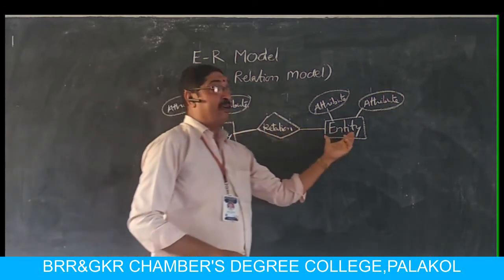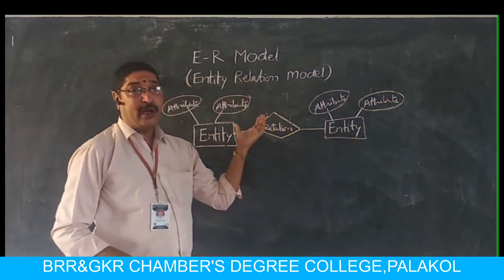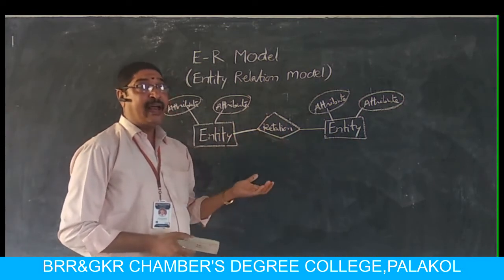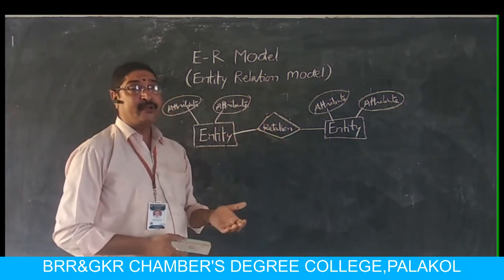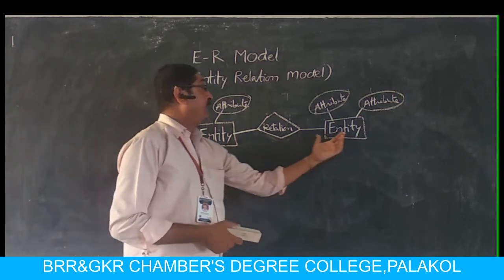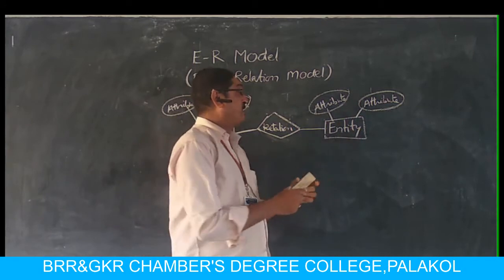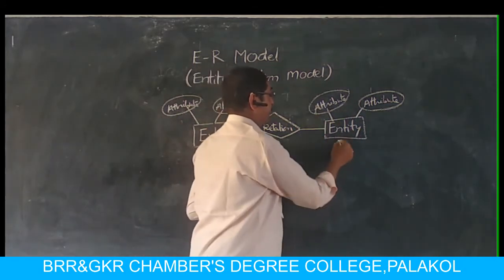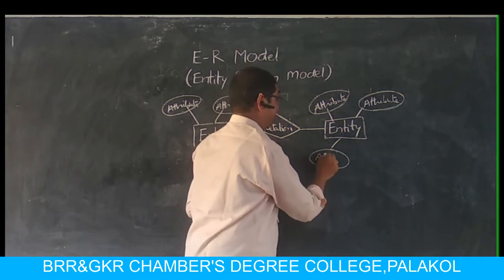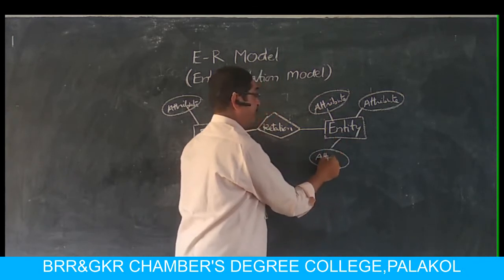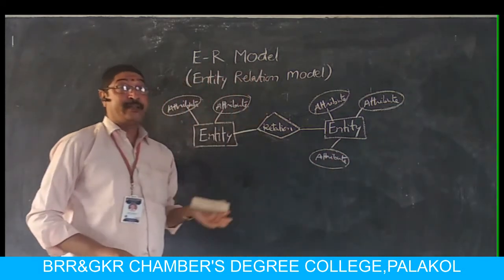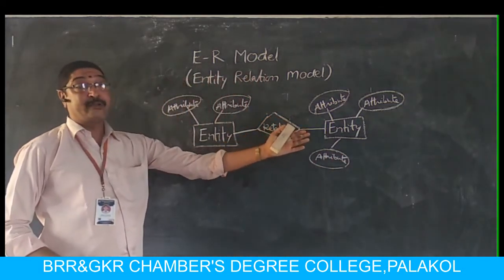And another entity, of course, here I used only two attributes for each entity. We may have so many attributes for each entity. The number is not specified, the number is not constant. And here for this entity, I used two attributes. Of course, you may use one more attribute. I want to make it clear. You may use any number of attributes. So one more attribute I used there, that entity contains three attributes.